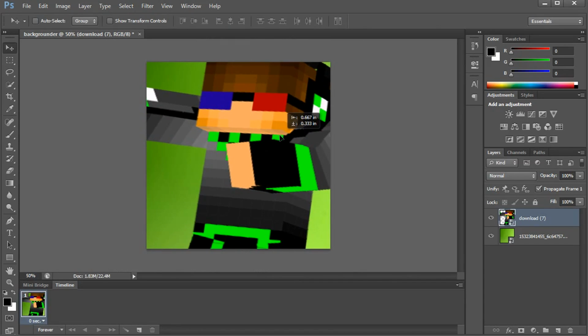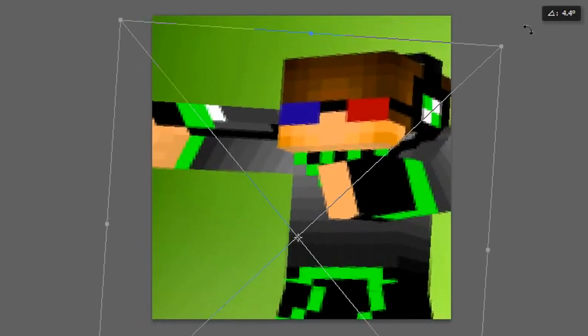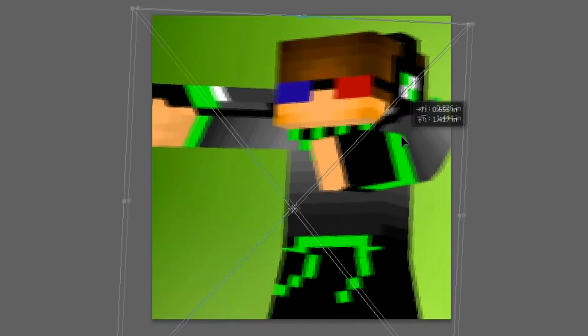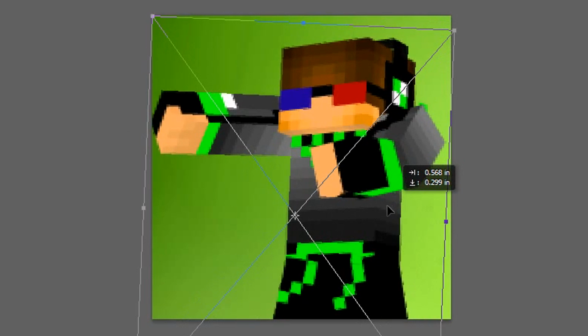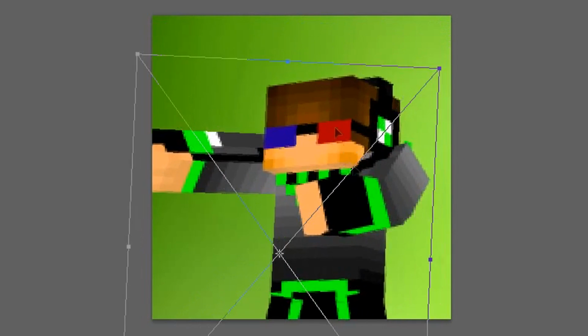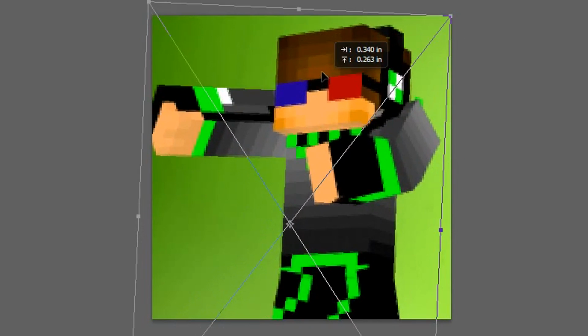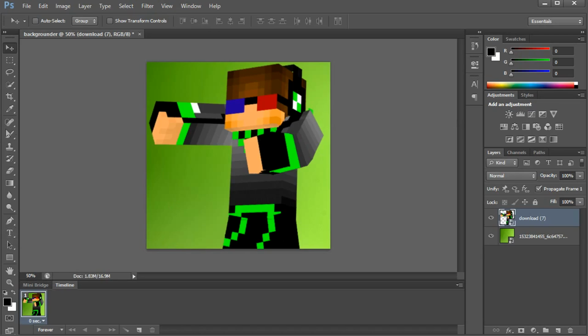So you're not done yet. As you can see, that's the best you can do when it comes to dabbing poses. I don't know what to tell you. You could just try to make it better if you want. I'm just going to have the character more centered, rather than having sides that are not being seen, because when sides are not being seen, this trick is not going to work that well. So what we do first is we go into the select tool, and then you select the character,